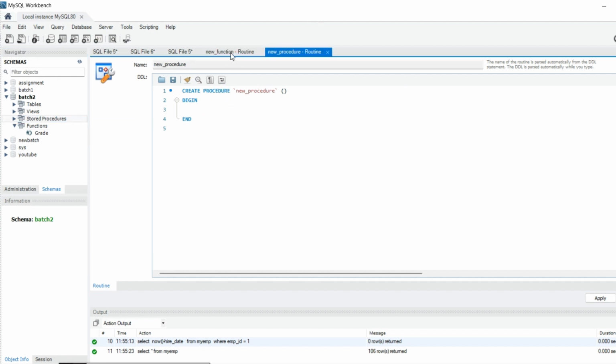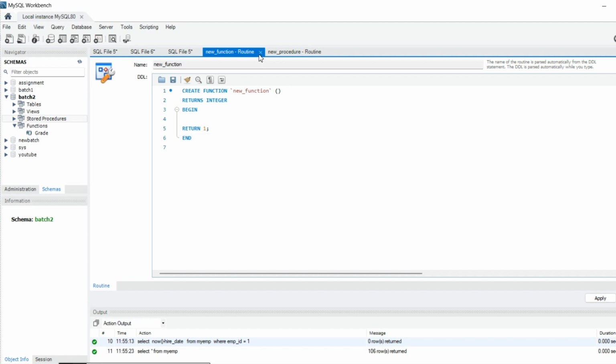As you can see here, while we are creating a stored procedure, it shows create procedure, procedure name. Inside you can put the parameters and then begin and end. But on the other hand, while you are creating the function, it shows create function, function name and parameter, returns. That's what I was talking about earlier, that we have to return the value, but in the stored procedure, you don't have to return the value. Then what you will do, you will begin, return 1 and then end it. That's how we create a stored function in SQL.